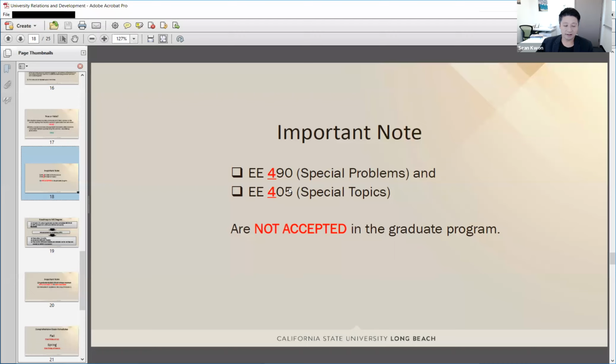The main objective of allowing you to take EE 400 level classes is that you can have some helpful background knowledge to successfully follow graded classes. On the other hand, 490 and 405 do not provide general background knowledge, but special knowledge with the topic or problems. So that is the reason why EE 490 or 405 will not be included in your 30 units of the requirement.